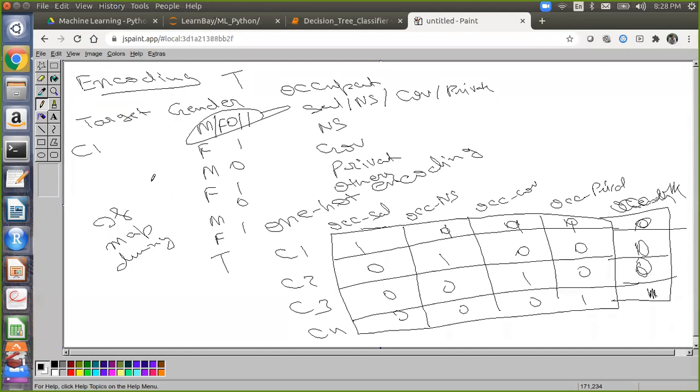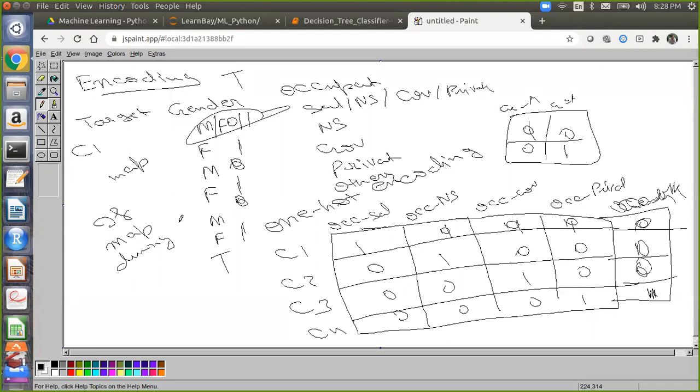So when you are explaining one hot encoding, you can also tell, okay, until and unless it is possible. For the gender column also, I can do one hot encoding. For the gender column, what will happen? It will generate a table like this: gender is equal to male, gender is equal to female. So 1 1 0 0. But what happens? It will increase the dimension. But if you use a simple map function, it will just do 1 0 1 0 in the same column only. So that is a problem with one hot encoding. It eats up the space. It creates more dimensions. So until and unless it is possible to avoid one hot encoding, you should avoid it.